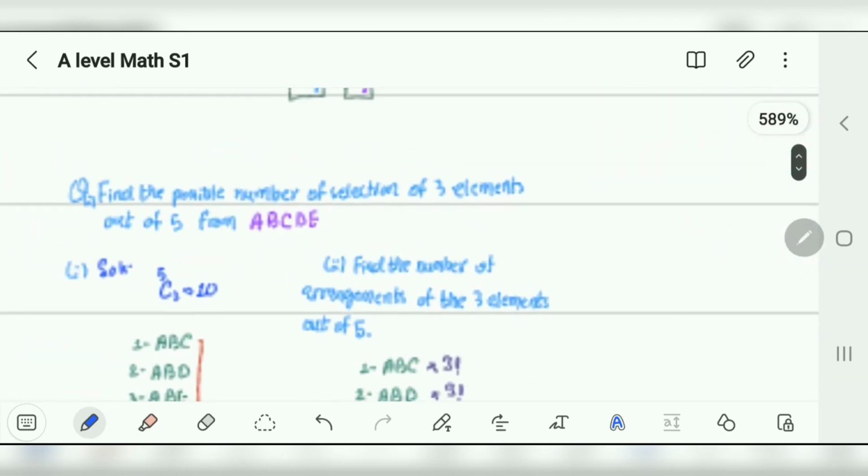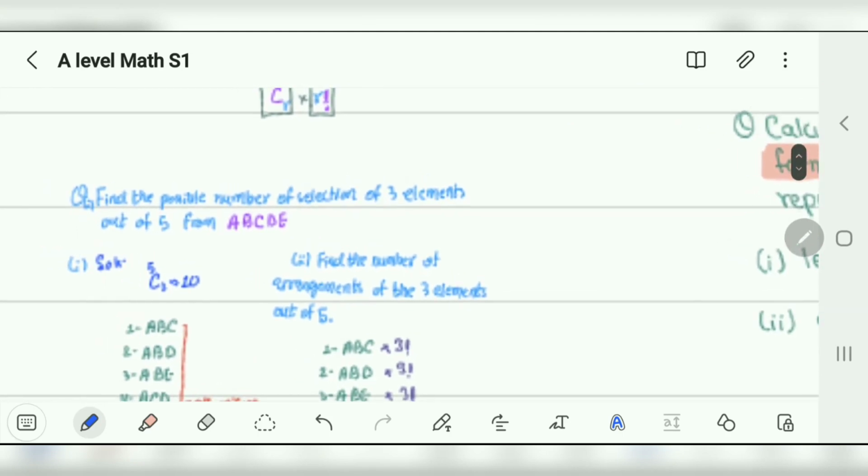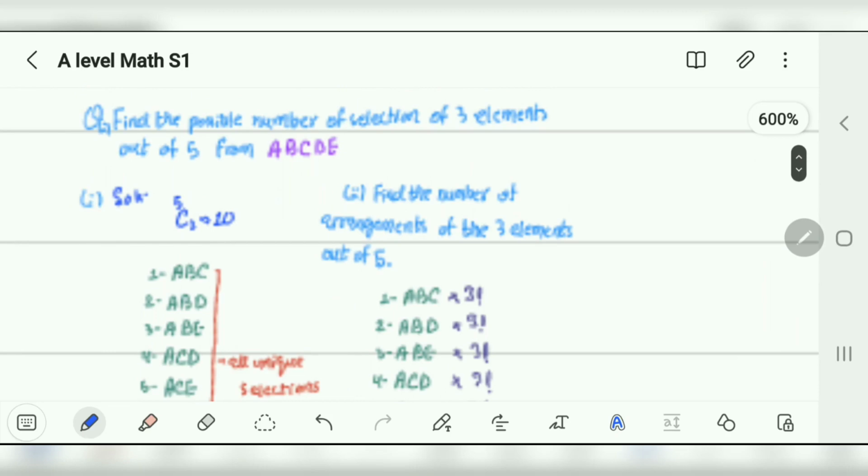Okay, so this is the example right here. The example is: find the possible number of selections of 3 elements out of 5, A, B, C, D, E. In part 1, I'm making a selection of taking 3 elements out of 5. So I will do 5C3, and after doing that, I can see here that the answer is 10,